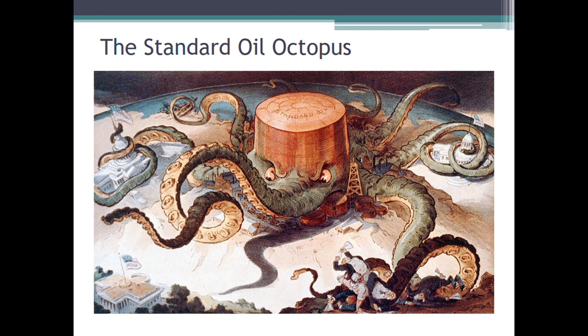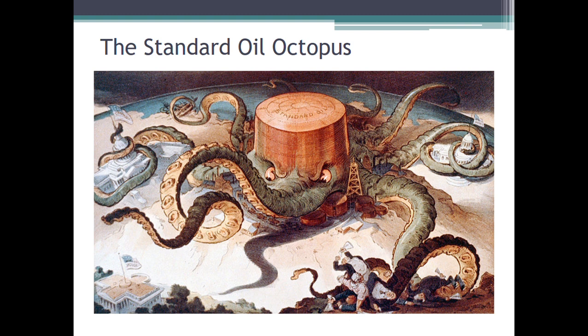Okay. We've talked about John Rockefeller and Andrew Carnegie and these big business owners who were able to monopolize things during the Gilded Age. This cartoon is a critique of Rockefeller's Standard Oil Company, showing it as this giant octopus that is all-powerful. Remember, one of the ways that Rockefeller was able to monopolize things, to get rid of his competition, was by using trusts, by having people join together essentially, put all of their stock in kind of a joint trust, or a way of merging companies together so you wouldn't have to go against each other.